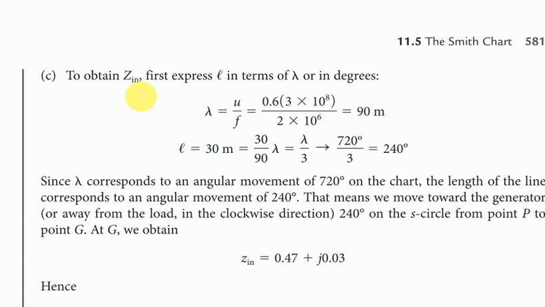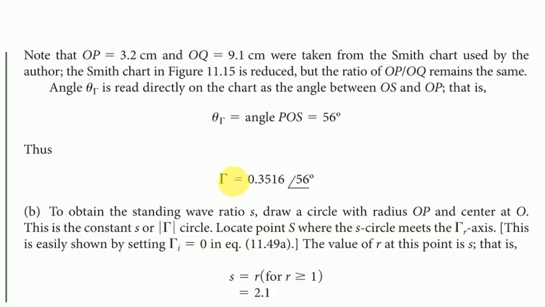ओके, और इनपुट इम्पिडेंस आपको मेजर करना है, दैट मीन्स यू हैव टू मेजर द इम्पिडेंस एट द इनपुट साइड और एट द जनरेटर साइड, दैट मीन्स यू हैव टू टेक अ रिवोल्यूशन ऑफ 240 डिग्री टुवर्ड्स द जनरेटर साइड। तो आप लोड एंड से स्टार्ट करोगे 240 डिग्री का रिवोल्यूशन। क्यों? अगर आप लोड एंड से स्मिथ चार्ट पे 30 मीटर मूव कर जाओ जनरेटर की तरफ, तो आप इनपुट साइड आ जाओगे। तो अगर मैं इसको एंगुलर वे में देखूं तो स्टार्टिंग फ्रॉम द लोड पॉइंट, इफ आई विल टेक अ रिवोल्यूशन ऑफ 240 डिग्री इन द क्लॉकवाइज डायरेक्शन, आई विल रीच टुवर्ड्स द इनपुट साइड। तो वहां पर जो भी इम्पिडेंस आएगा वो आपका इनपुट इम्पिडेंस होगा।